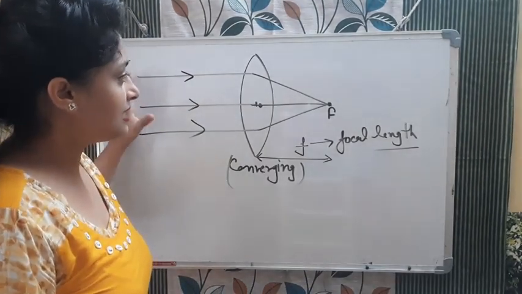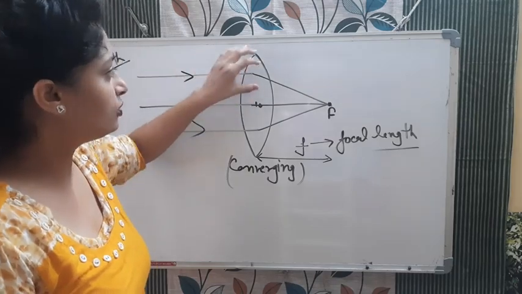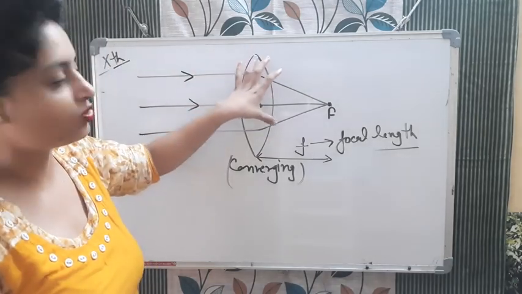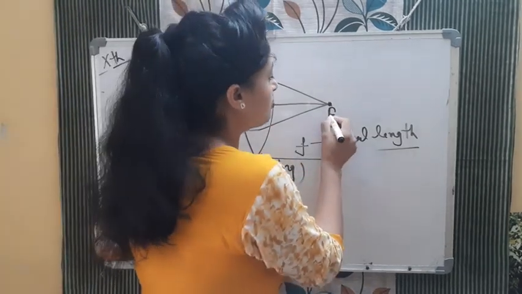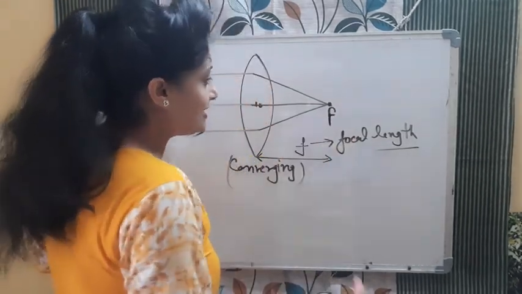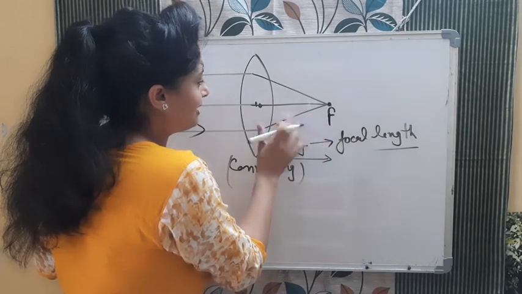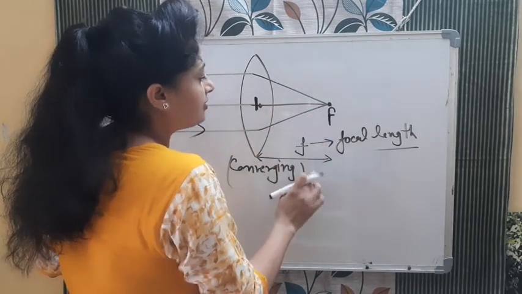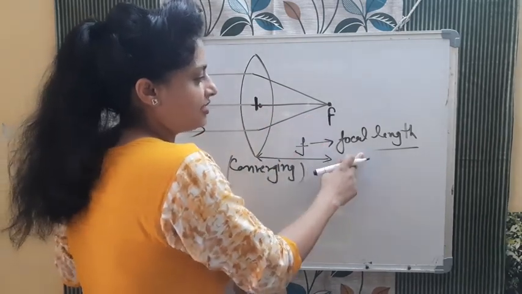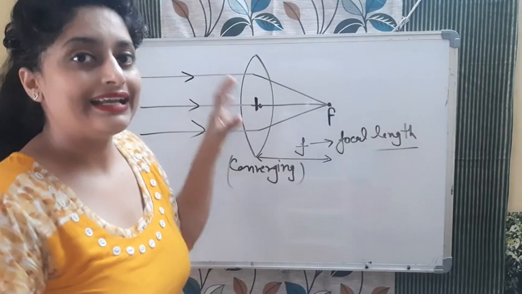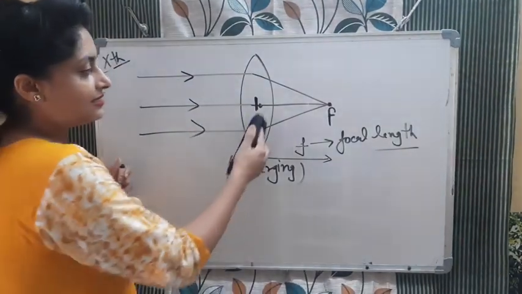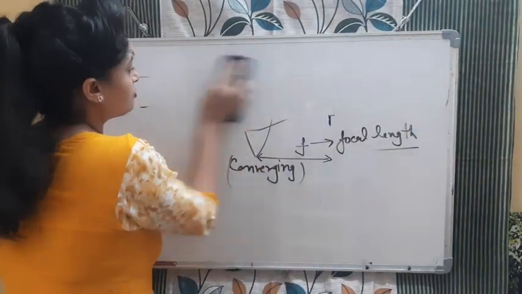So when the object is here, after passing the rays of light through this transparent material, this convex lens, they will converge at a point, and the point where they converge is known as the focus, and the distance from the focus to this optical center is represented with the small f, that is known as the focal length. Okay, now remember, in case of the mirror we were measuring all the distances from the pole. In this case we will measure all the distances from this optical center. So this was the convex.